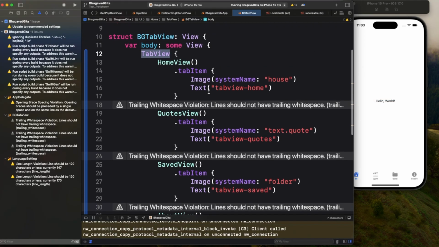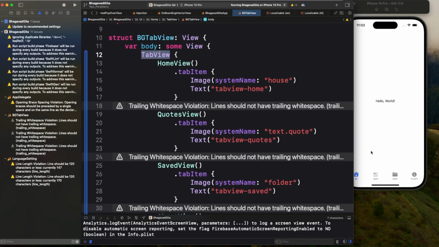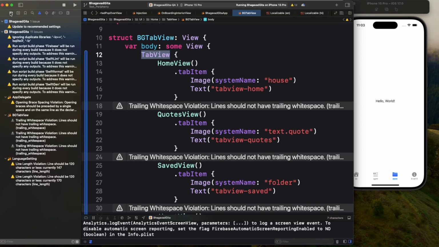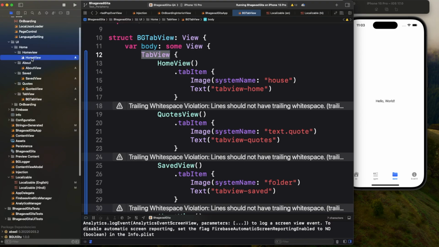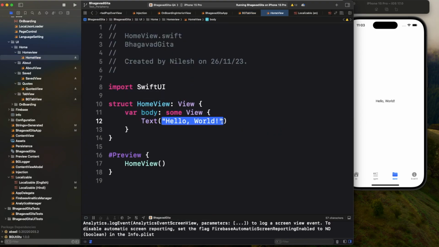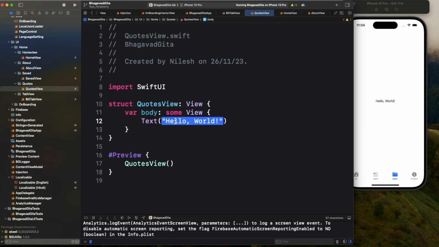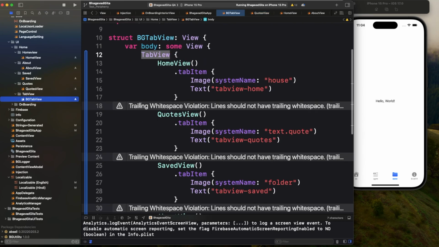But I'll tell you that if we just create a basic tab view, what problem we're going to have. So if you see, it's going to say the same hello world because we are not changing the text anywhere right now. So what I'll do first, let's change the text here. Okay. Now, what is the problem that if you take tab view with this very simple approach is that, let